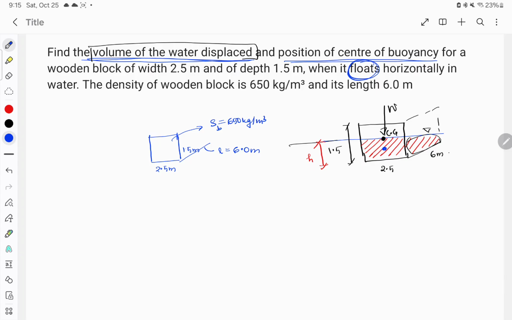Center of buoyancy is the center of gravity of the fluid displaced. So this red portion is the fluid displaced, and this center of buoyancy, CB, if I write, then this is acted upon by what? It is acted upon by the buoyant force. Since the body is floating, right, if it's floating,